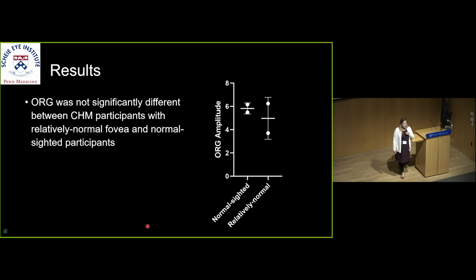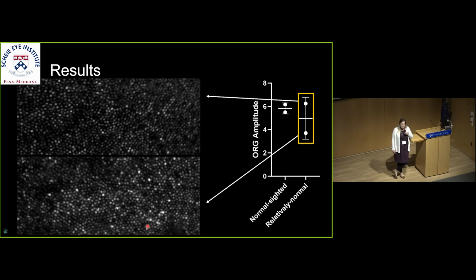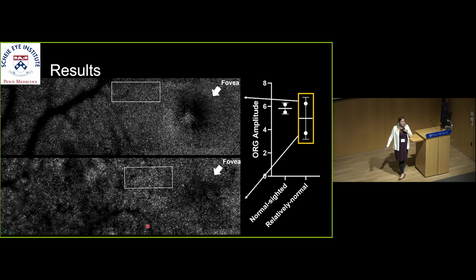When we look at the results from the ORG, first we found that the two patients with a relatively normal foveal phenotype did not have a significantly different ORG in comparison to the normal-sighted control participants. But you do see that the two subjects had a rather large variability between them. When we look at those two, we see what appears to be that relatively normal mosaic. But if we zoom out and look at the larger scale AOSLO image,